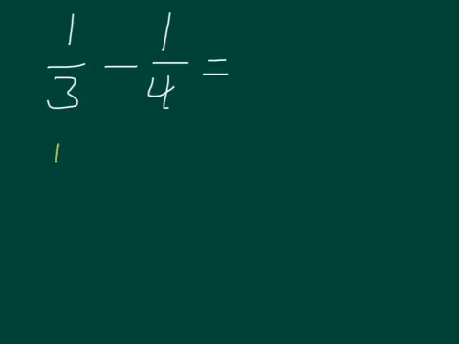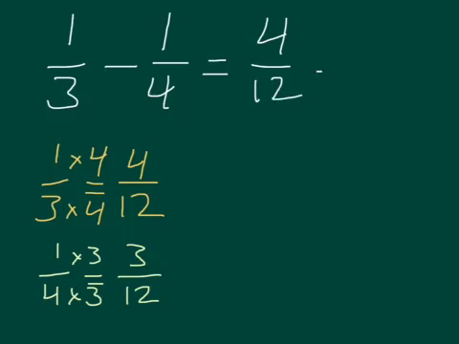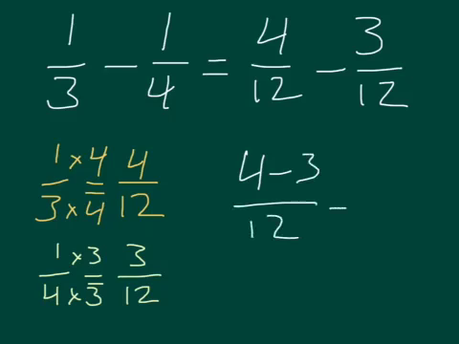So 1/3, multiply top and bottom by 4, and I get 4/12. 1/4, multiply top and bottom by 3, and I get 3/12. So I can rewrite this as 4/12 minus 3/12. And don't forget, 4 minus 3 over 12 equals